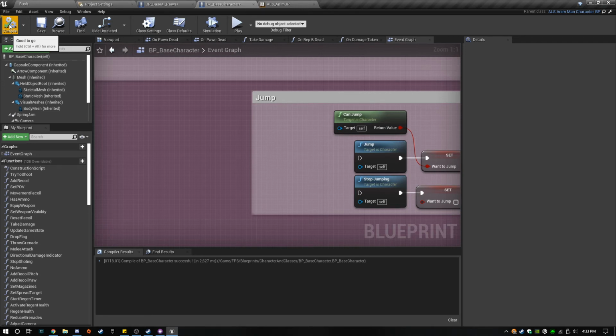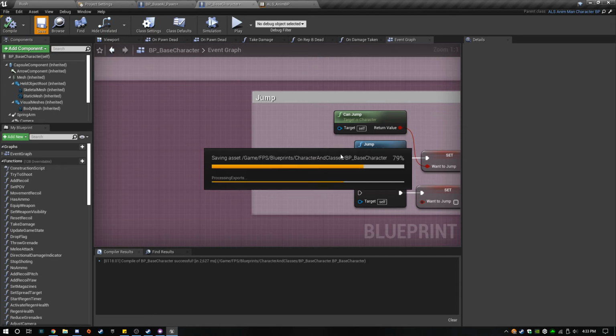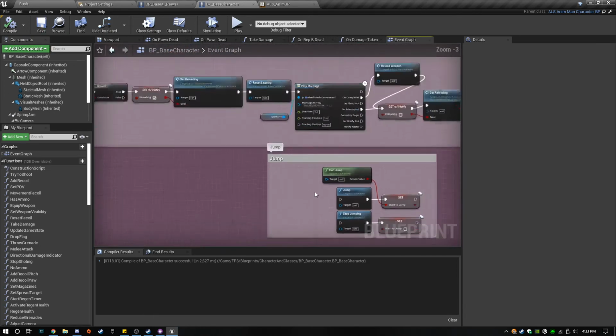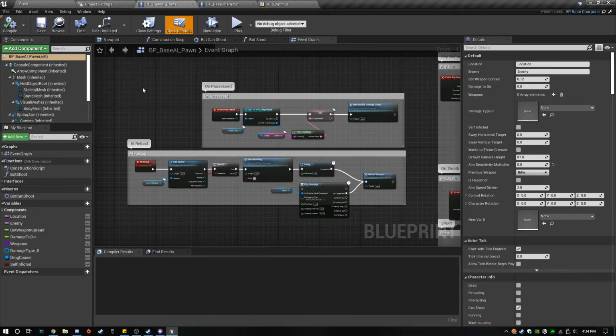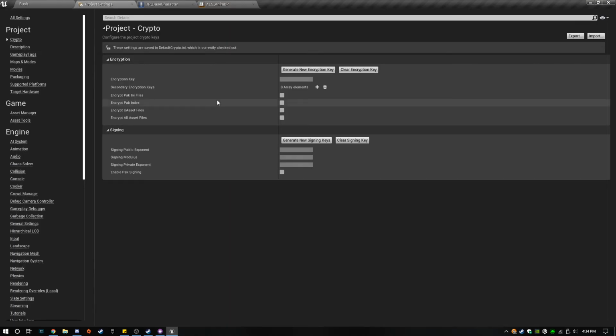Sometimes I'll be working on something in my actual code, and then it'll autosave right there, and it'll make all the blueprints invisible. It's terrible. So yeah, I really need to turn it off.